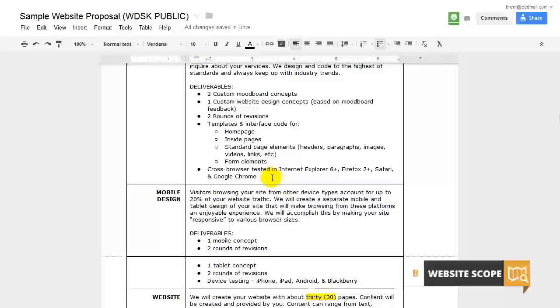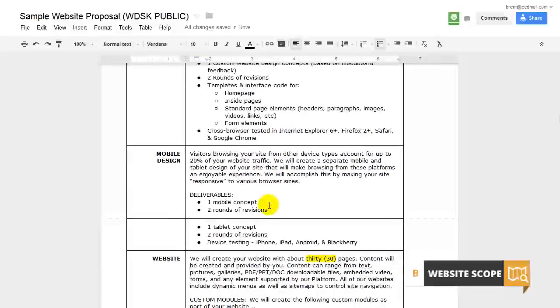And of course, this also is becoming an increasingly large problem when you start thinking about all the different devices that a website could potentially be viewed on. Which brings us to mobile design. So I always make sure, even though we're designing, this could be exchanged out to be a responsive or a mobile design, but in general, even if you're designing something to be responsive, it's important to allocate time to create